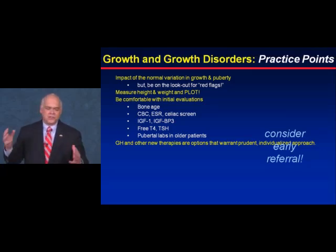And finally, I hope it's clear to you that we have therapies now that are still relatively new, and with all the genetic opportunities and insights that we have in years to come, it's quite clear that we're going to have an expanded set of therapeutic options in children. But right now, growth hormone and other new therapies warrant at least a prudent, individualized discussion with families in those settings in which it would be an appropriate